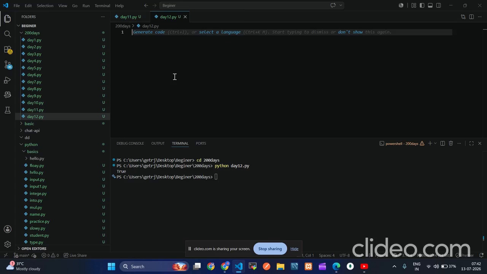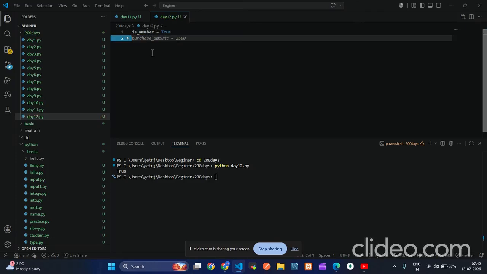First, we will create a membership variable. Here I write is_members and set it to True, and this means the customer has a membership.